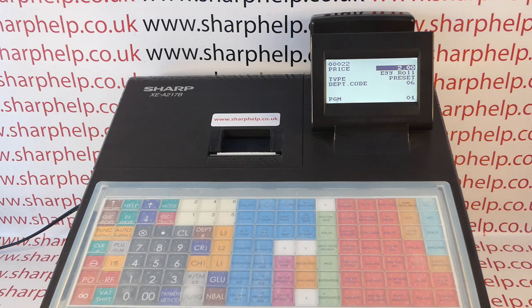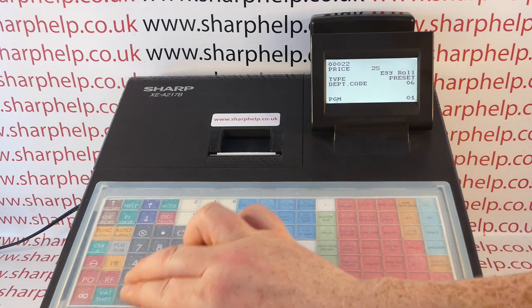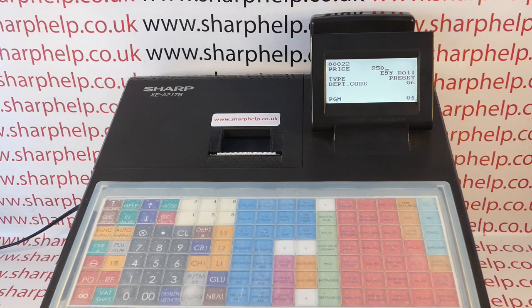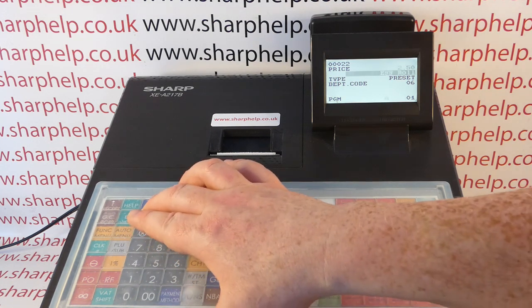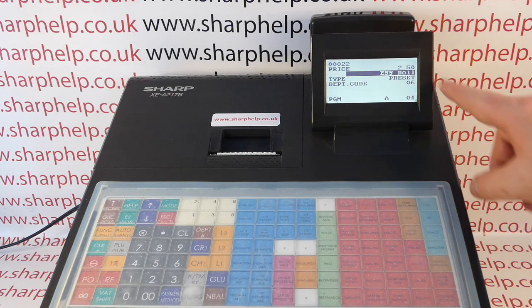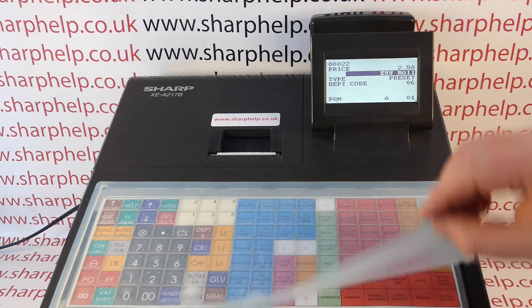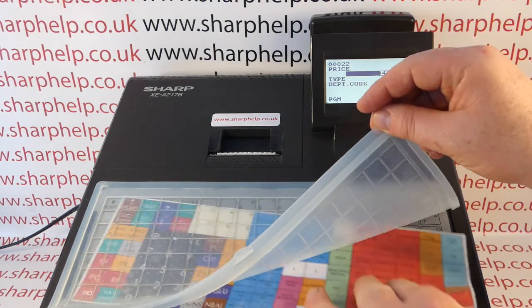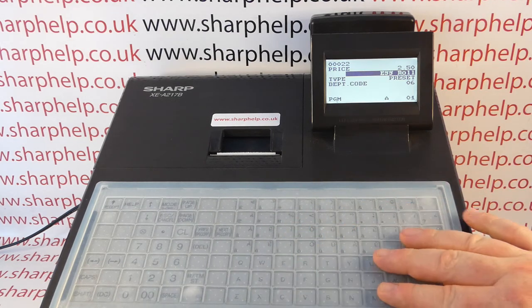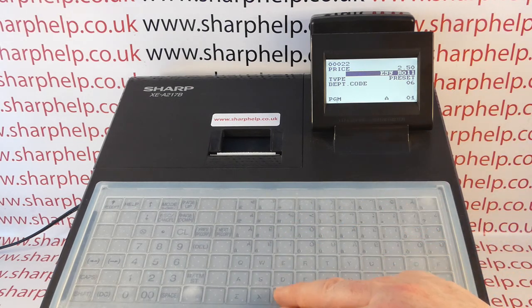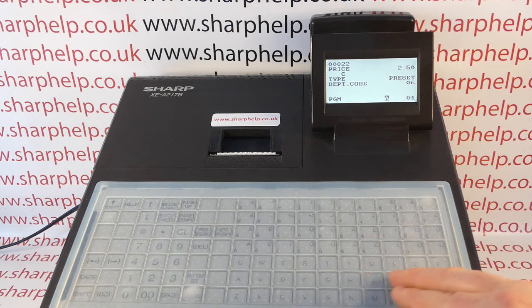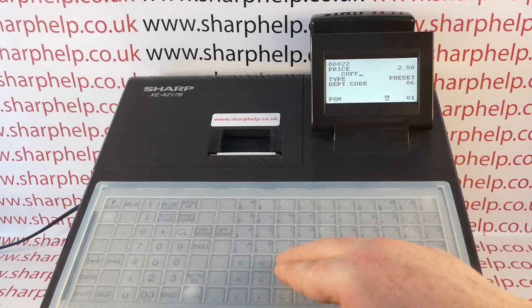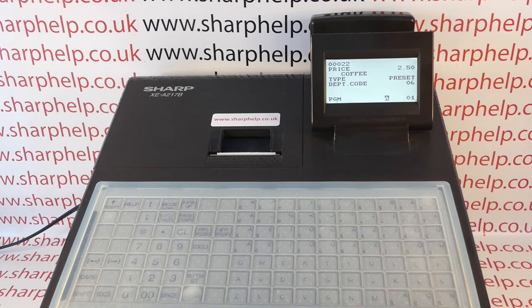We'll change the price to be £2.50, so 250. You don't put in the decimal point, you just type in the numbers and the till puts the point in for you. And then for the description, get rid of the top keyboard, and then you should have an alpha keyboard here. So we want coffee, we want it in caps, and then space, small,